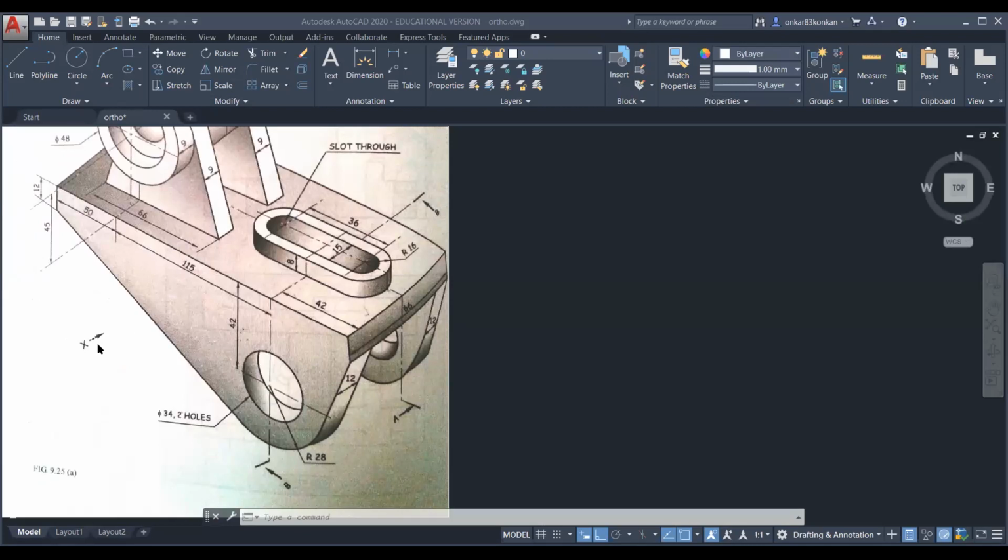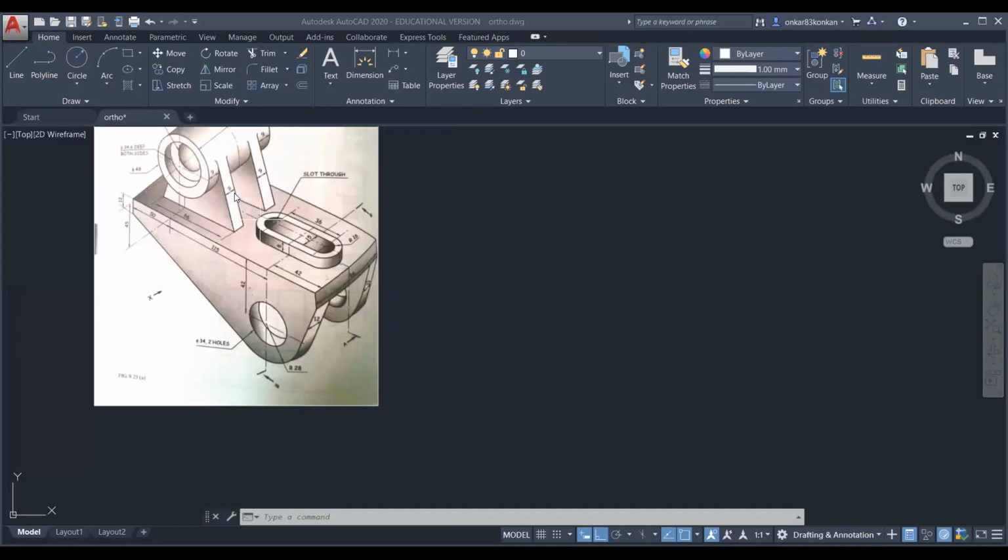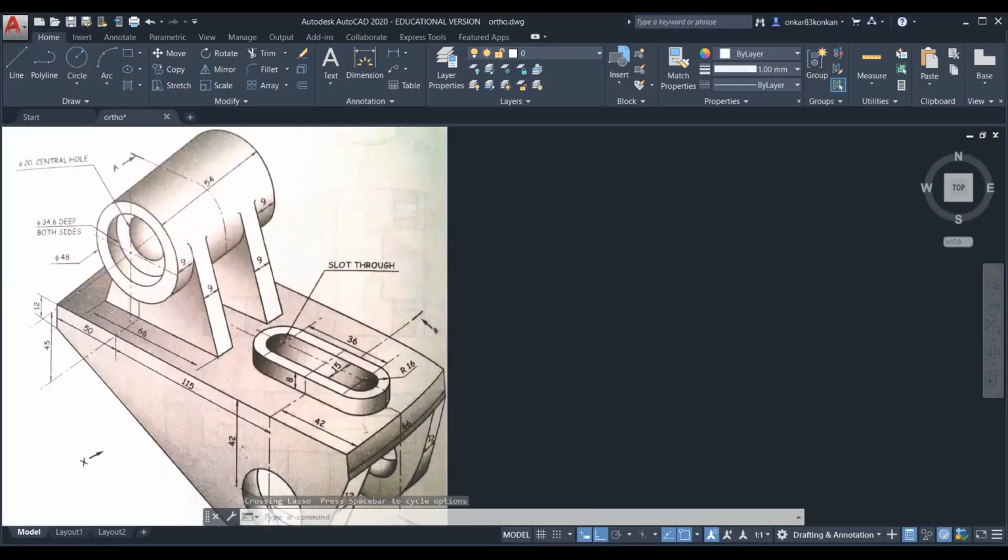How can you decide that we have to draw the sectional front view? Because we have to observe the position of the section plane. You can observe here, there is one line passing through the exact symmetric center line. This is the line AA. What is the meaning of the AA line? It is the position of the section plane. That means we will cut the given object along this line.